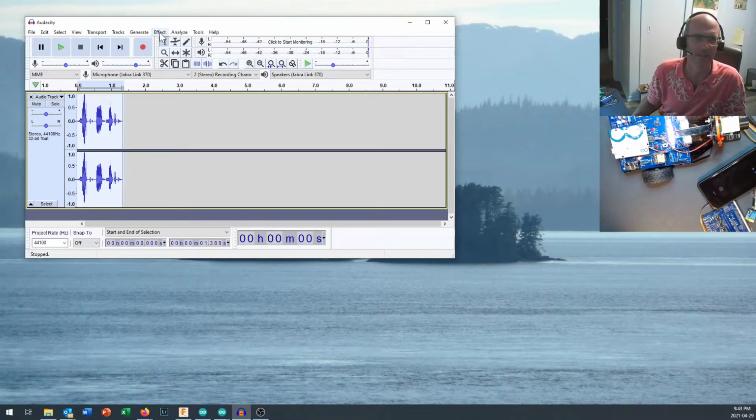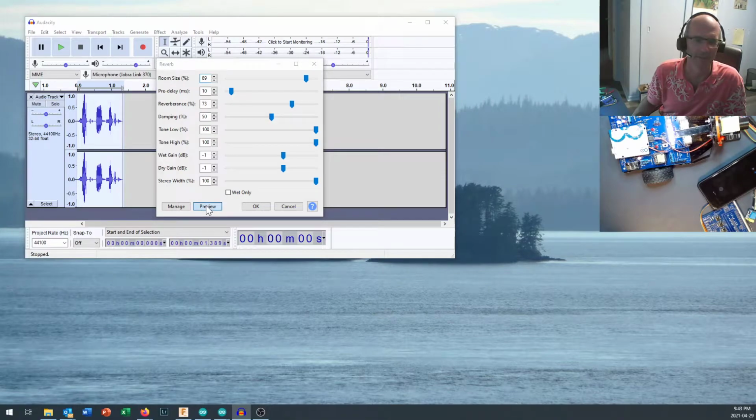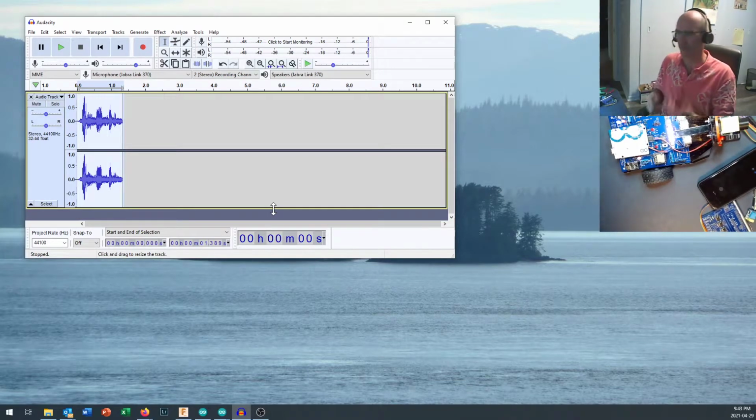Then I'm going to add some reverb to that just because I can. There's a reverb filter on here, and you can play around with the room size. So anyways, you can play around with that. If you're interested in creating your own sound effects, of course, you can find various sounds to start with. And there's all sorts of neat things that you can do to become